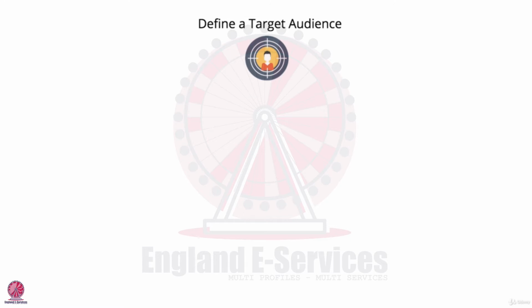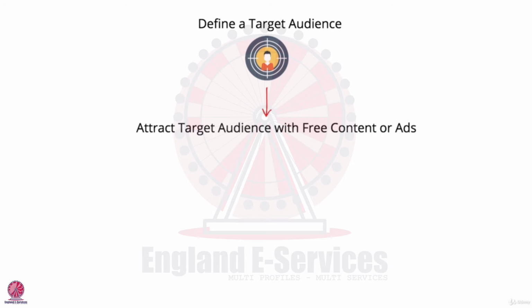In terms of how their life is going to be better, you need to be able to paint a really clear picture of that for them. And that's so important to be clear about right from the start, because that's what you're going to be using in your marketing messages and videos and posts to really capture their attention. So that's the first step, so important to do as an exercise before you even jump into the different marketing channels. Now, the next step in the process is to attract that target audience with free content and ads.